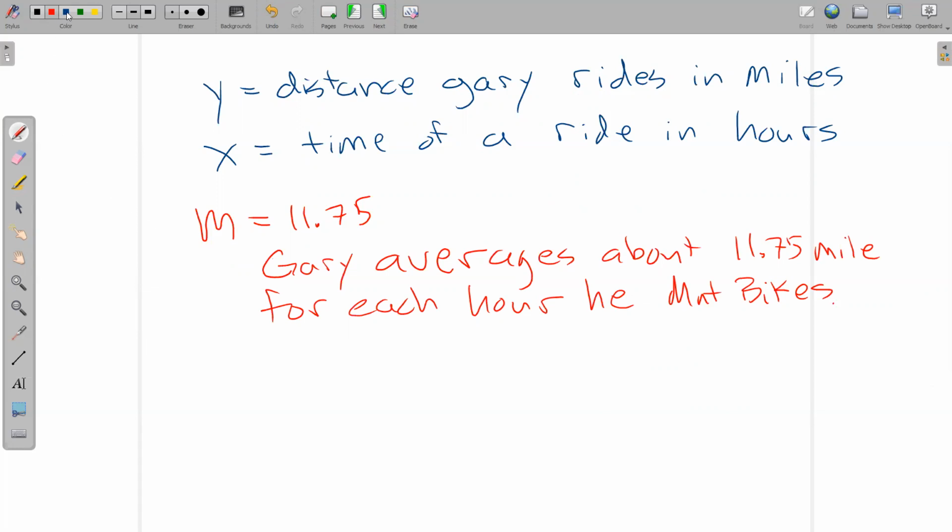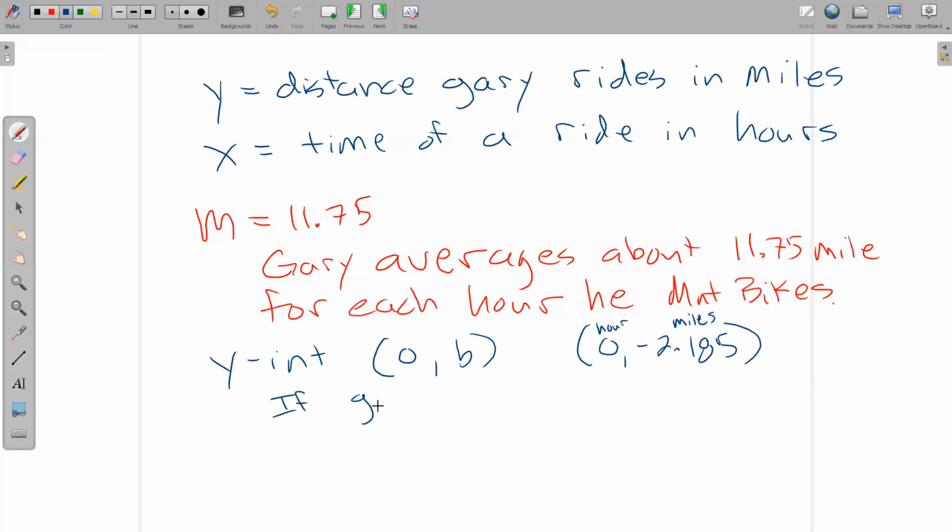I also asked for interpretation of the y-intercept, and this is important. A y-intercept is really a point, (0, whatever b is). So mine was (0, -2.185), and literally what that means, because this number here is hours, and this one right here is miles, is: if Gary spends no time biking, the 0,